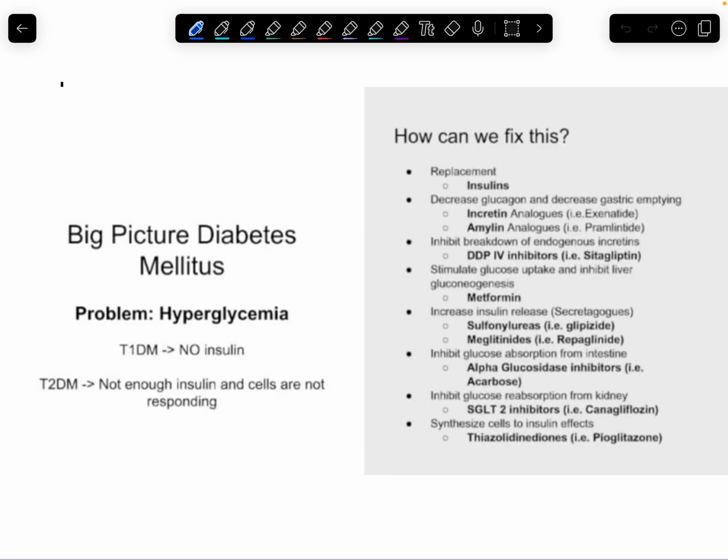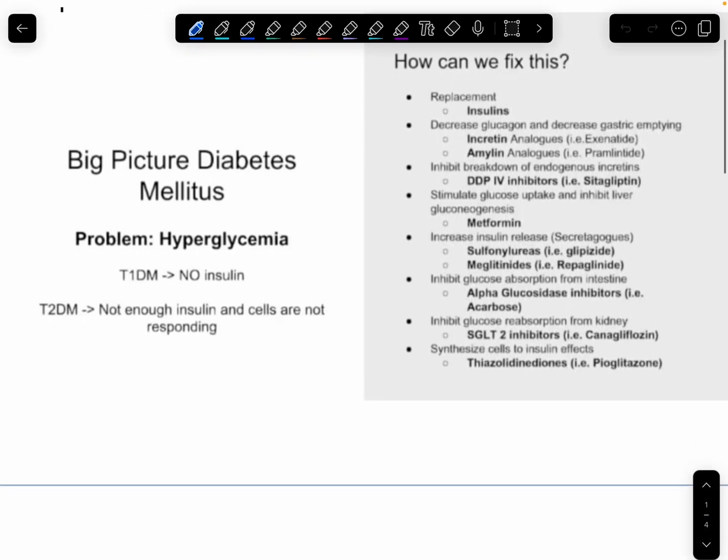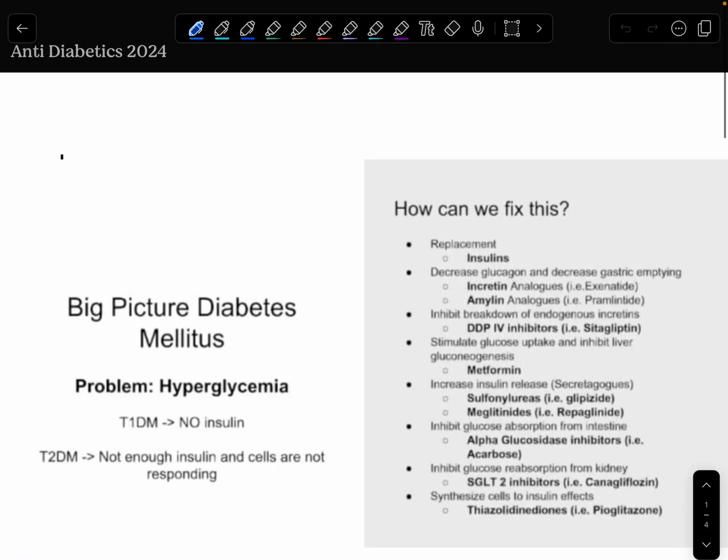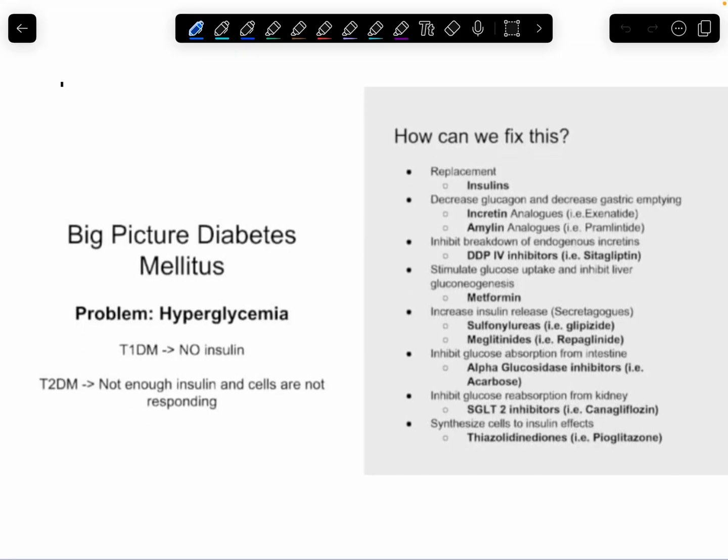hyperglycemia. You can add more types, but basically for pharmacology, we classify diabetes mellitus into two types. Why do we classify it into two types? Because the medications or the drugs will fit in these two categories. And you also know that one is called insulin dependent and the other is called insulin independent. But this classification may not work every time, as we will see